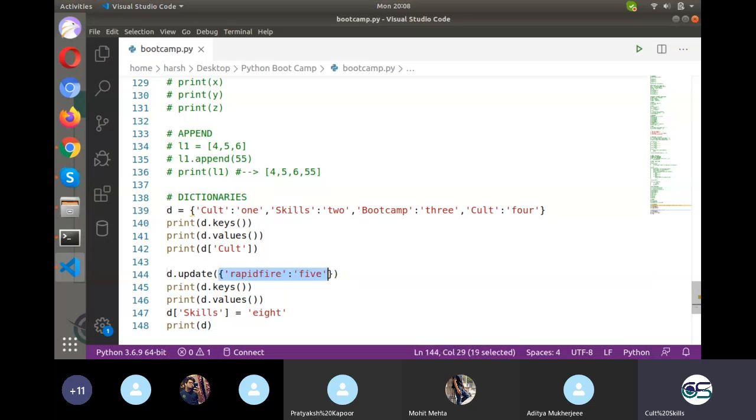In that dictionary I add the key and the value I want to add. Once I add them, that dictionary will be updated into the existing dictionary, which is d. Then if I press d.keys and d.values again, it should print it. Let's see.